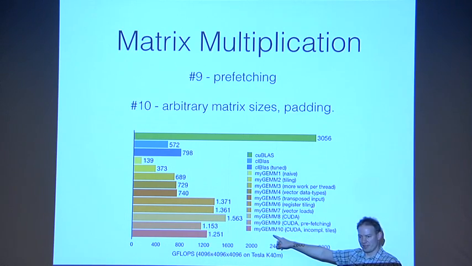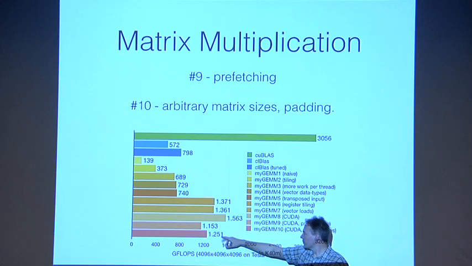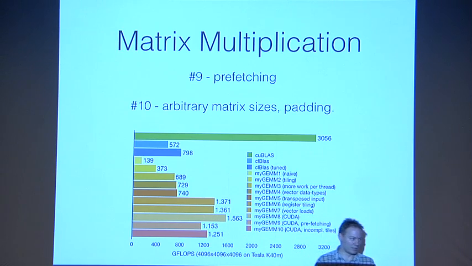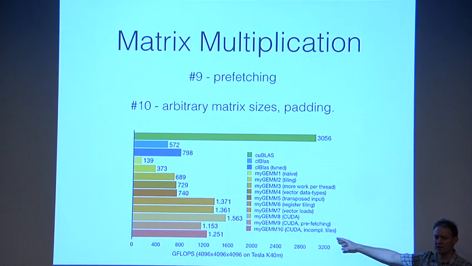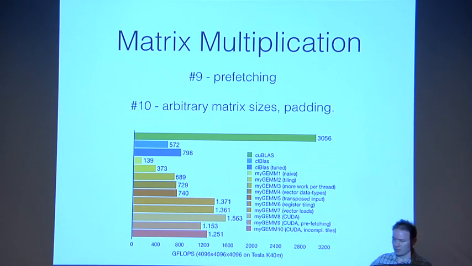It doesn't work so well. It drops performance, and then he tries to boost it again with some incomplete tiles to allow arbitrary sizes. Both of those do slightly worse. But they're interesting anyway, and they're useful in some cases. Right, so this last one can handle sizes that aren't powers of 8 or a multiple of 32, but it has a lot of extra costs, like padding the matrix and doing these other things.